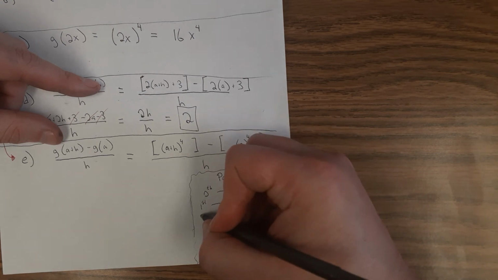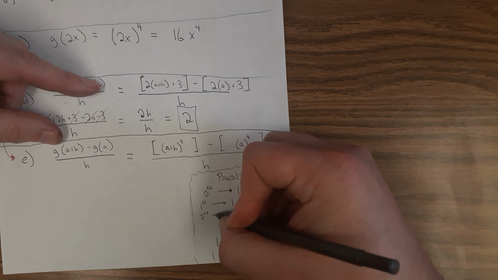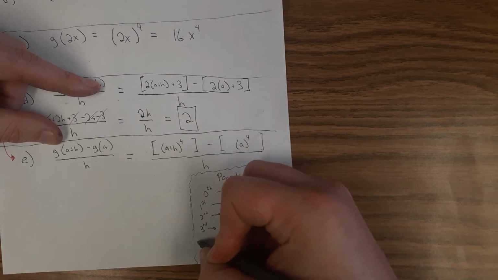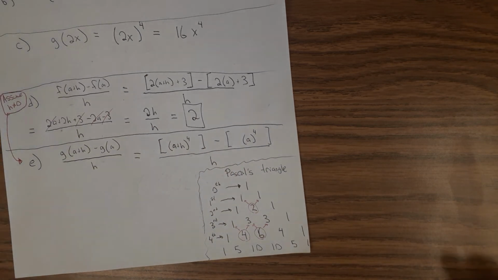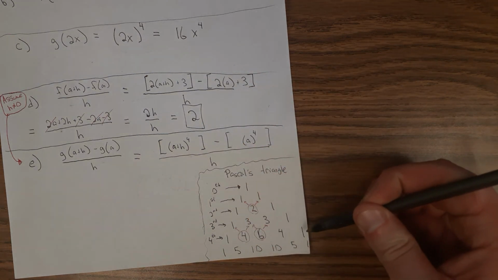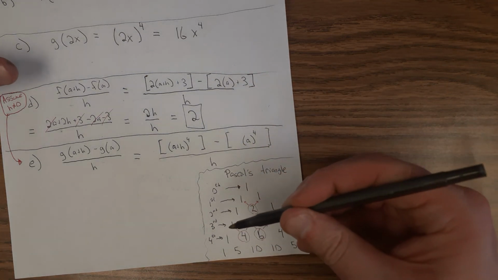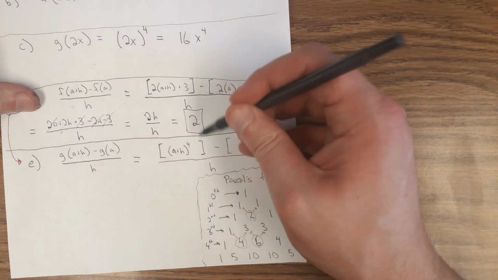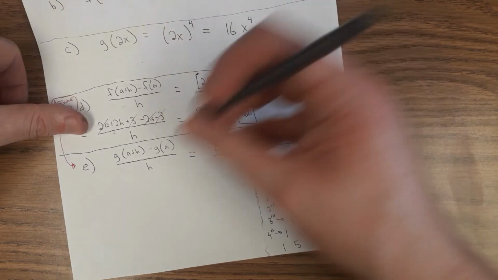Then is the first, the second, the third, and the fourth. And of course the bottom would be the 5th. But since I'm doing the 4th power, I'm going to look at the 4th row. These numbers tell me coefficients. What this tells me is that a plus h to the 4th is